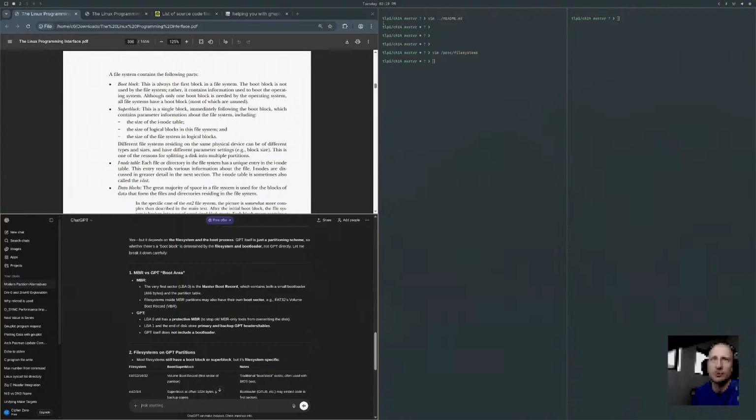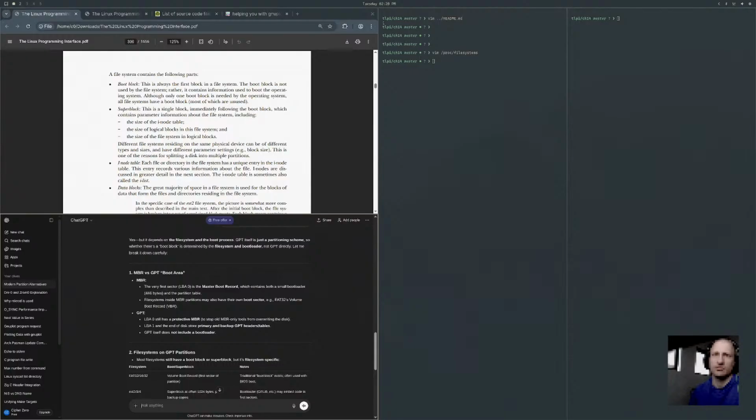MBR: the very first sector, LBA 0, is the master boot record, which contains both a small bootloader and the partition table. File systems inside MBR partitions may also have their own boot sectors. GPT: LBA 0 still has a protective MBR to stop old MBR tools from overwriting the disk. LBA 1 and the end of the disk store the primary and backup GPT header and tables.